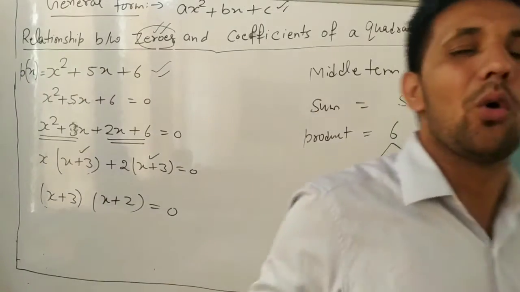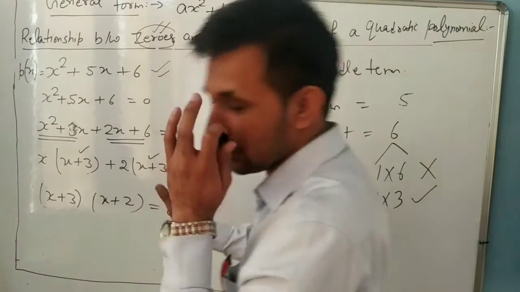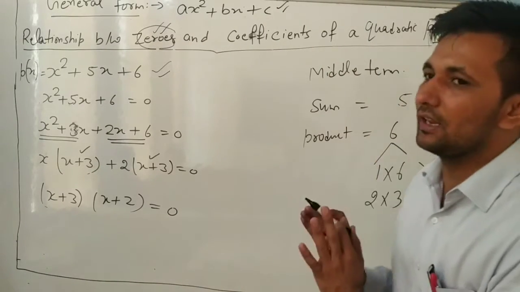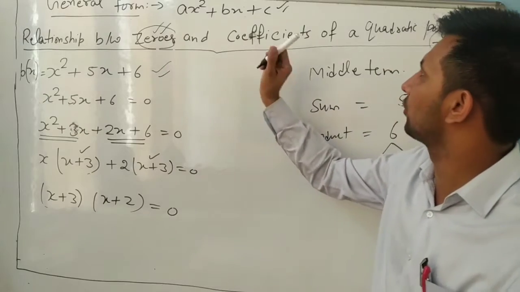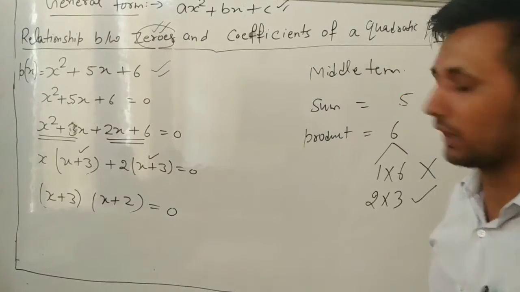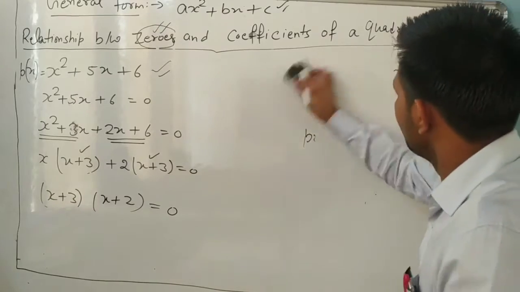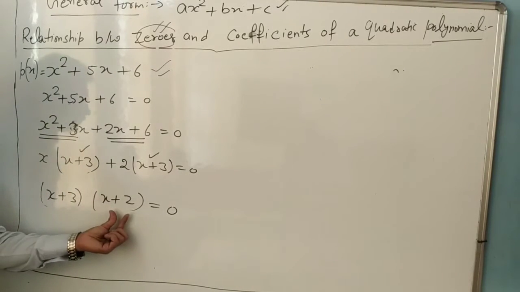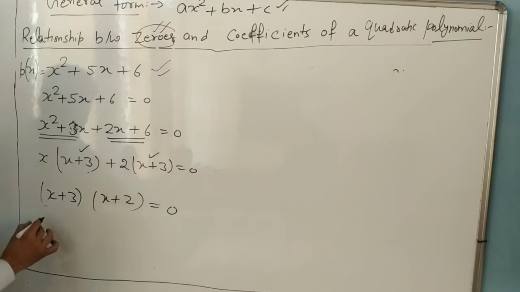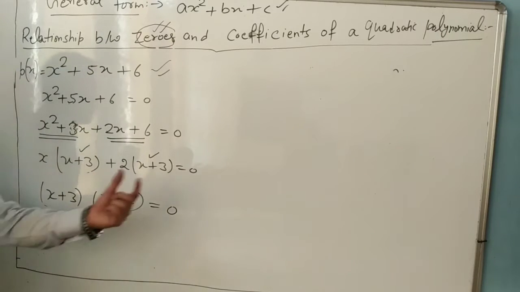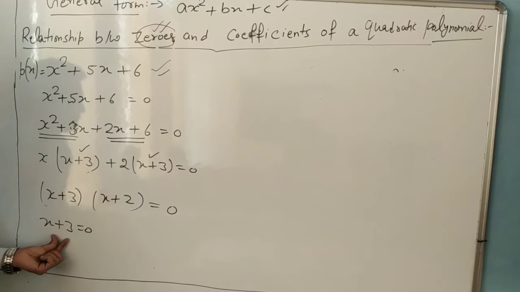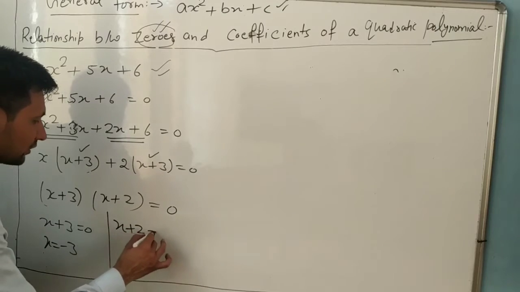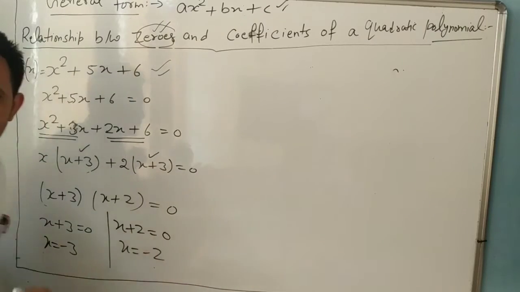Do you understand it? First you have to understand only this example. I will write some more steps. You can note it down. Now I am telling you one example only for the relation between coefficients and zeros. Okay. So look at. Now tell me, if you want to find the zeros of this one, it means the product of the first factor into the second factor is 0. It means either the first factor is 0 or the second factor is 0. If the first factor is 0, so x plus 3, x value is minus 3. If the second factor is 0, so x is minus 2.